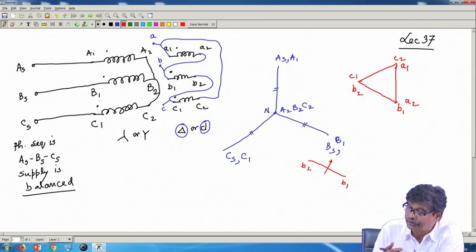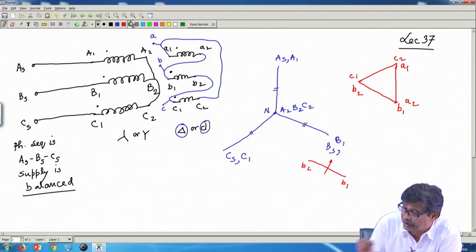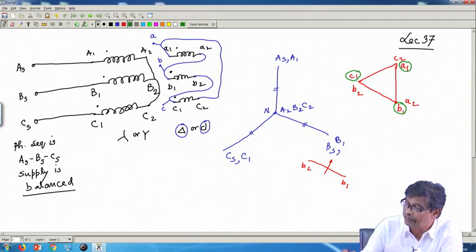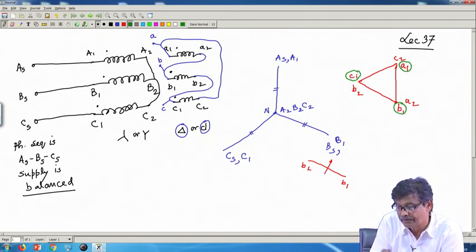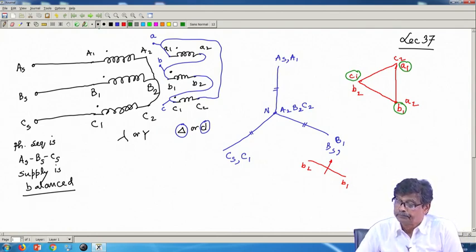Now, output, see, this is input, A1 is connected to AS, B1 is connected to BS, C1 to CS. Similarly, I would like to take the output from small a1, b1 and c1. So, I circle them. This will be my output a1, b1 and c1, although b2 is connected, but I will call it my A, this one a1 and c2 are joined. From this I am taking the output, I am calling this A to be consistent with the primary side. Okay. So, that is the thing.